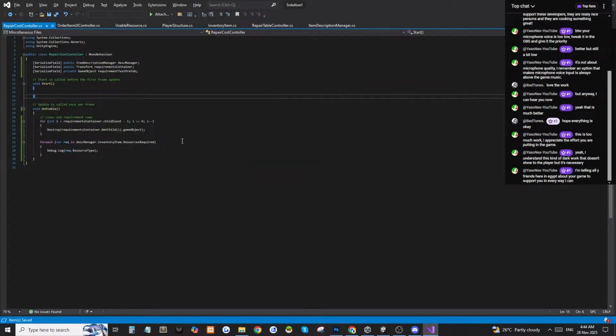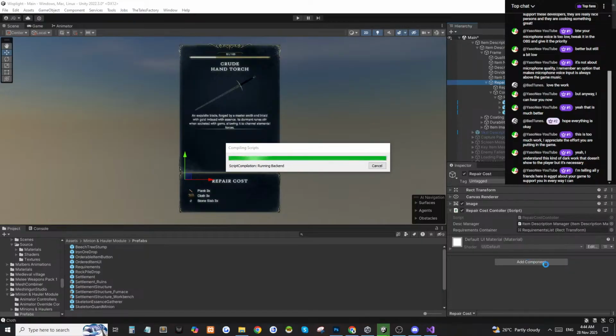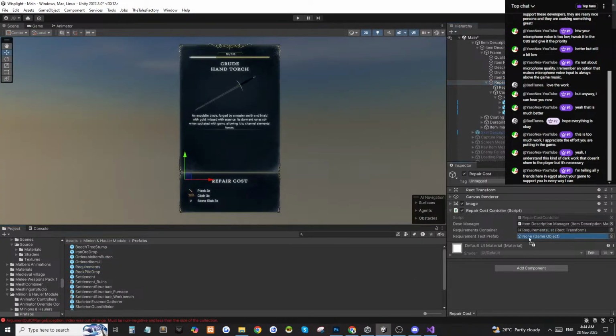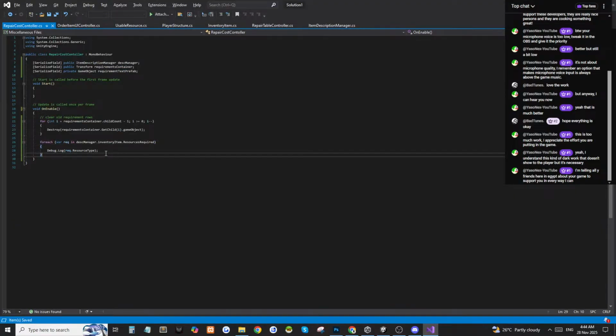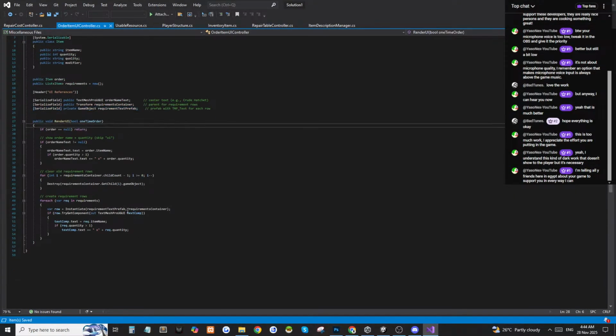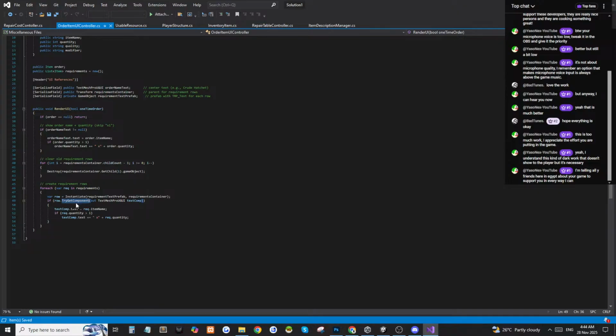Right. So let's save. Let's assign that one first. Basically we're just copying the old system and applying it to the new one. So this one, requirements, we're gonna put it here. So that should instantiate this one, and then we're gonna place it under. So its parent should be the requirement container, right? And then we're gonna check the text component for that, and then